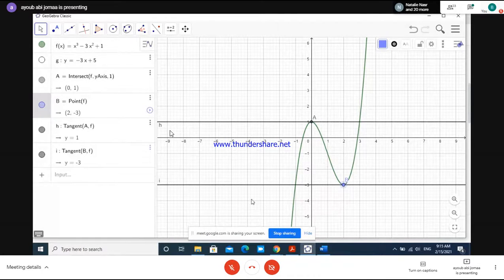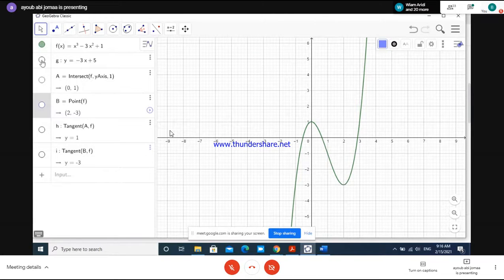Okay? Is it clear? The only 2 points, by the way, on the graph in which the tangent line is horizontal are A and B. The maximum and the minimum, in fact. Clear? Now, to move to the second part of the question, find